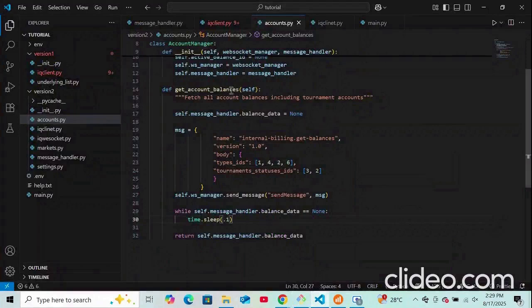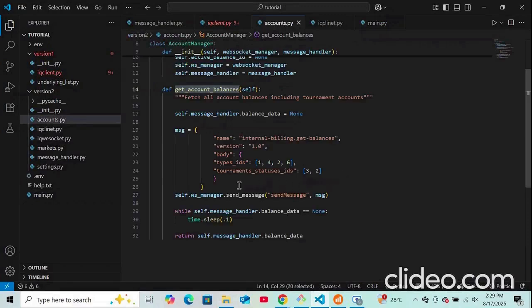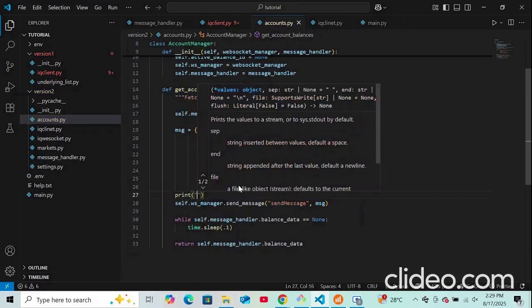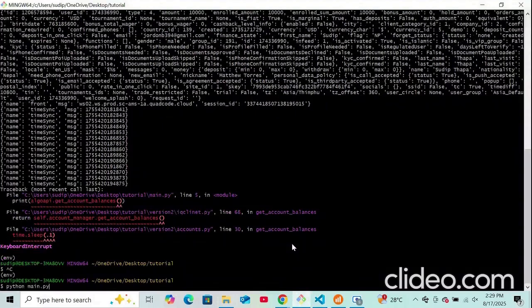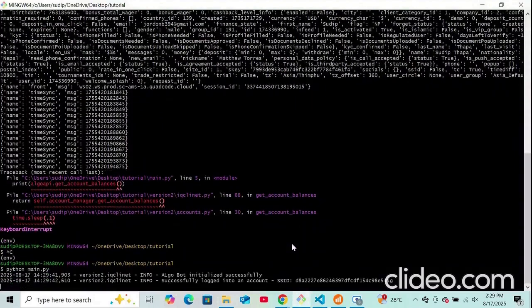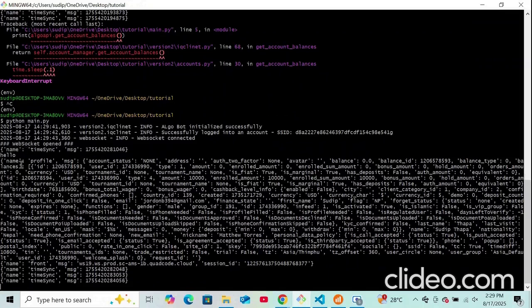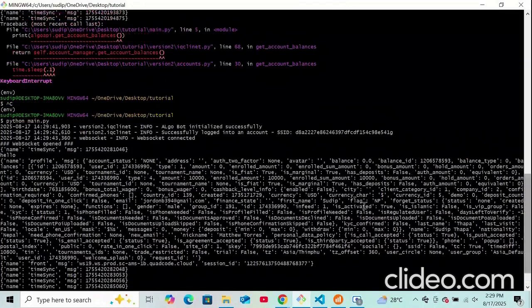Get account balances. Get account balances. We are calling that function, right? Let's see if we are getting to this point or not. Print hello, we must be getting to this point. Okay, so it says hello, right? It says hello, and the problem may be